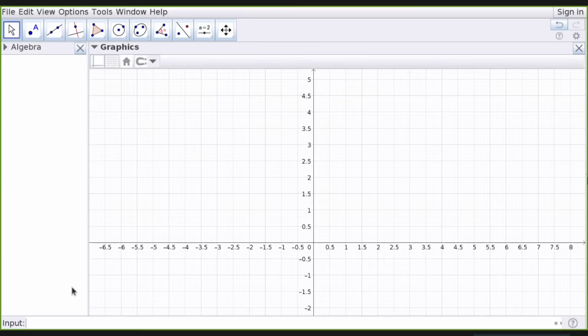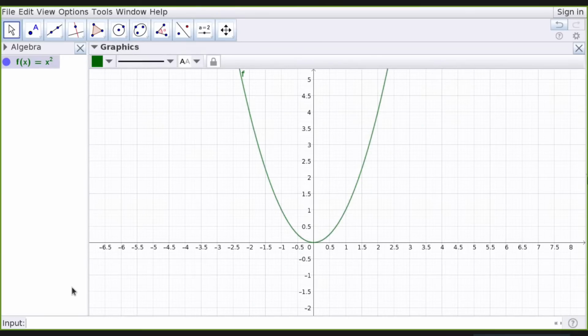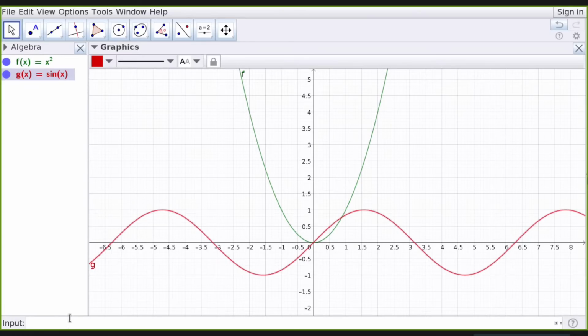figure, what you should do? I will type x square here. So I got in algebra f of x equal to x square. If you want to draw sine of x, enter, you will get sine x. X cube, I will get x cube.